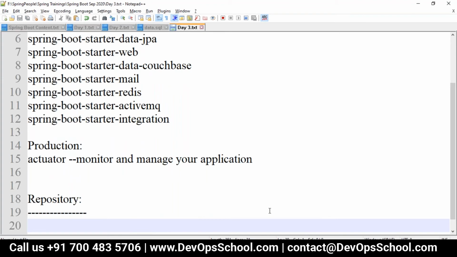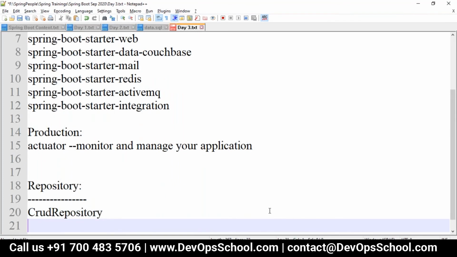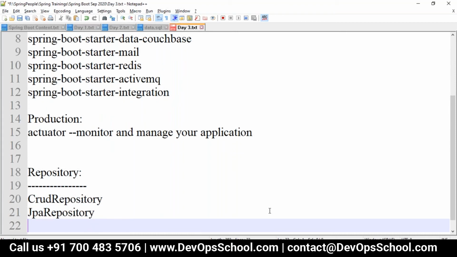Here to work with, we have a CRUD repository, or we have a JPA repository. We have a paging and sorting repository.